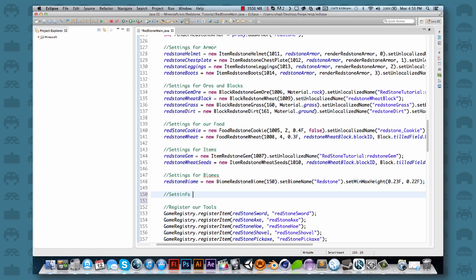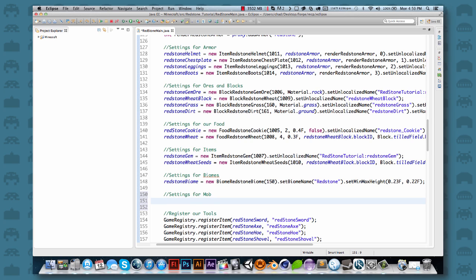Settings for mob. And now we got a lot of lines to write here, and there's going to be a lot of confusing stuff. You're just going to have to trust me on this one and just type exactly what I do. Take your time, pause the video if you have to, and make sure everything is typed the exact same as I am here. So first line, entity registry